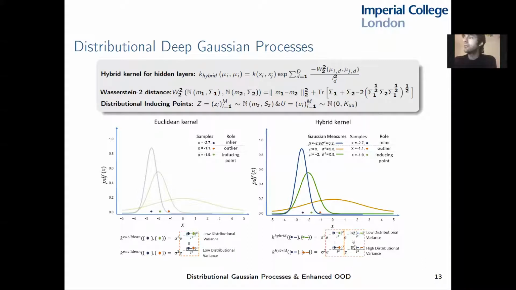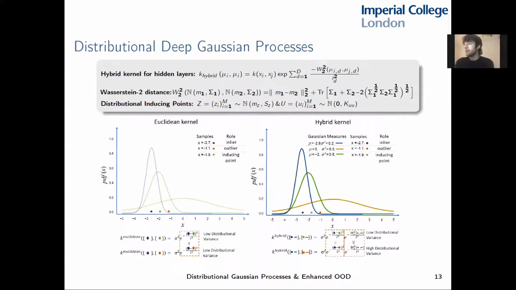We can see the motivation behind this in the figure over here. If you look on the left-hand side, that would correspond to the typical deep GP case where we just use Euclidean kernels. We have the inducing point in green, an inlier point in blue, and an outlier point in orange. The lines denote the PDFs of the aforementioned points, and with dots we denote samples. As we can see, the 2 points are equidistantly placed with respect to the inducing point sample. So if you actually calculate the distributional variance, you get the same value. So what was initially an outlier will now have the same distributional uncertainty as an inlier,